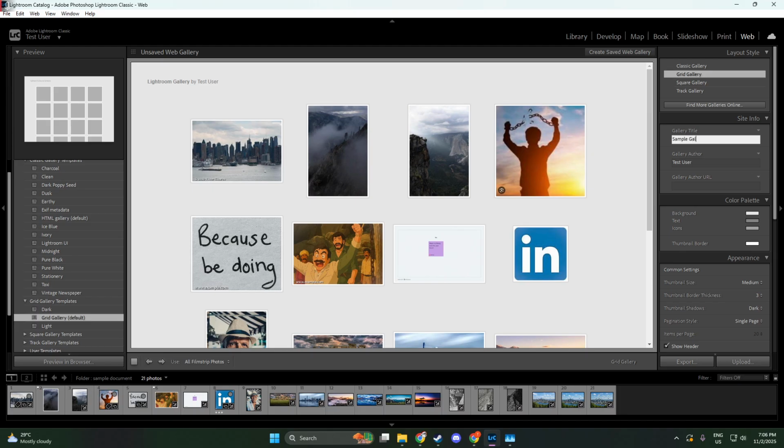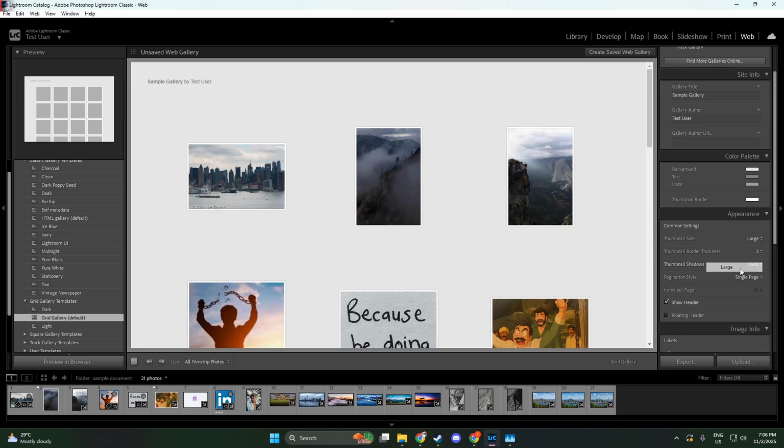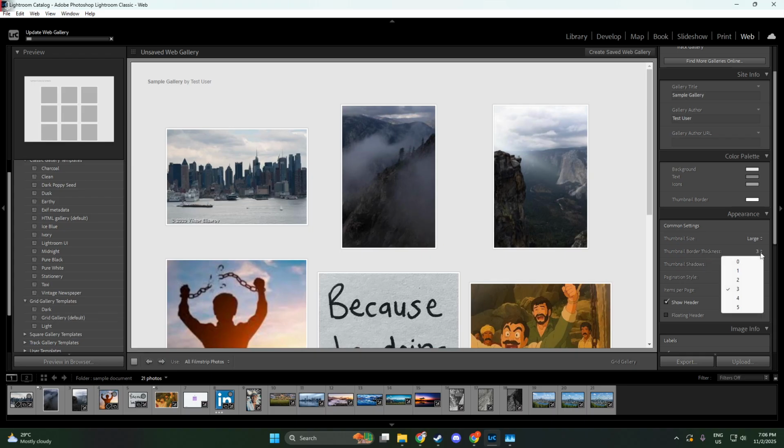Once you've chosen your template, shift your focus to the right panels. Here's where you can really personalize your gallery. Start with the Site Info section. This allows you to add a title, subtitle, and contact information. This is your chance to give your gallery a personal touch and offer viewers a way to reach you if